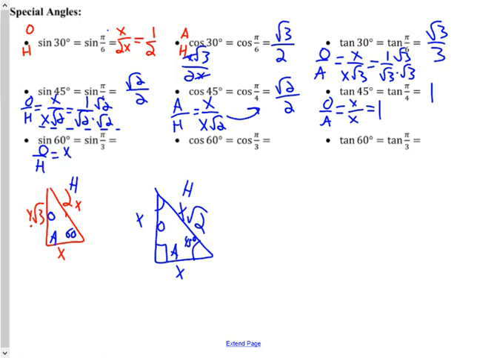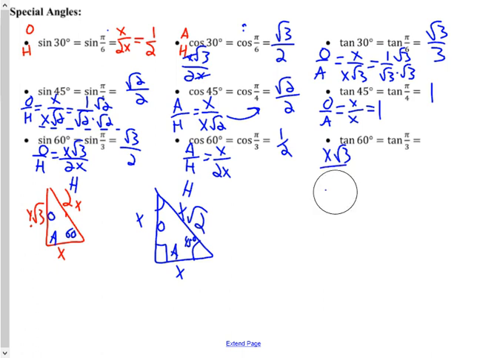Opposite over hypotenuse is x root 3 over 2x. So this is square root of 3 over 2. That looks familiar. Next, what about cosine of 60? We've got adjacent over hypotenuse, giving us x over 2x, which is 1/2. And lastly, tangent of 60 is x root 3 over x, giving us square root of 3. So sine and cosine are very similar, right? We can find values that repeat